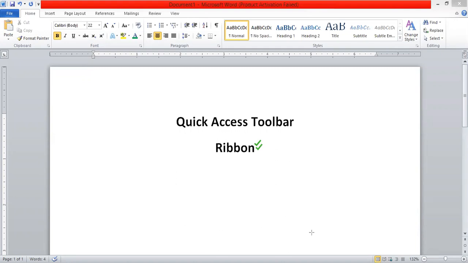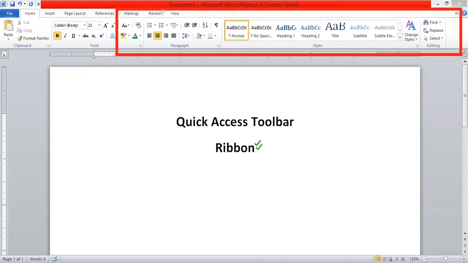If you see this block which I made in red color, this block is showing the ribbon at the top.